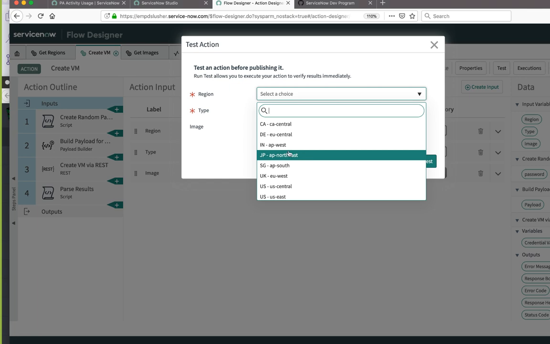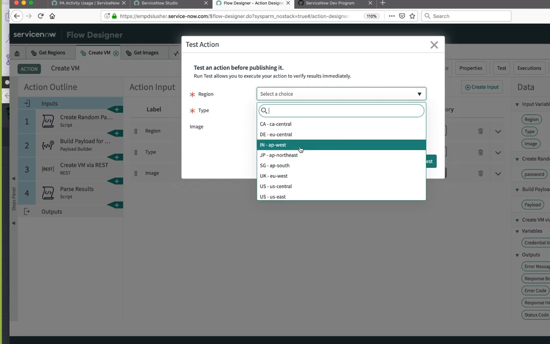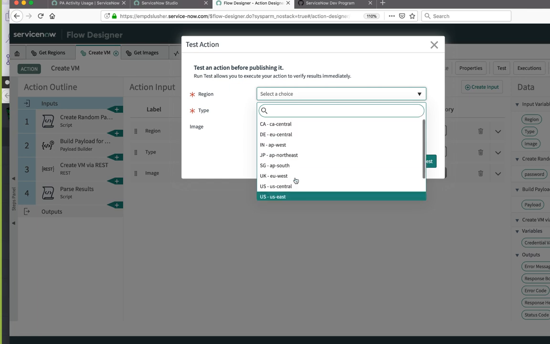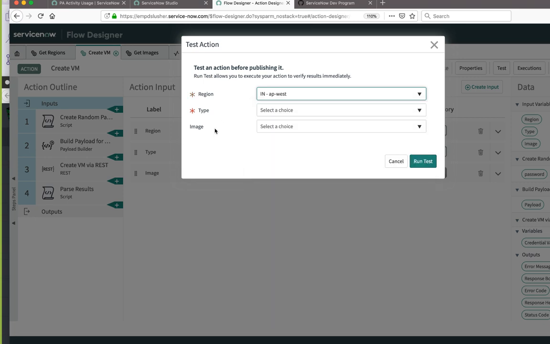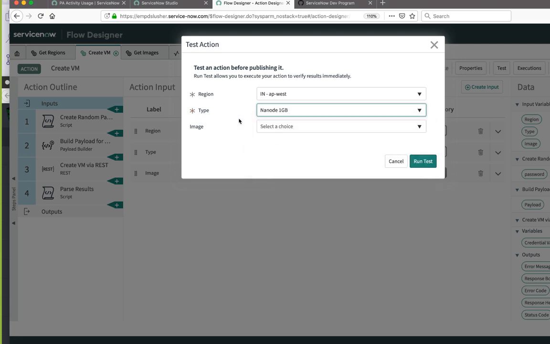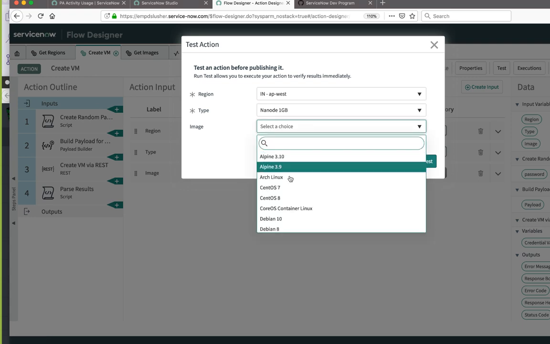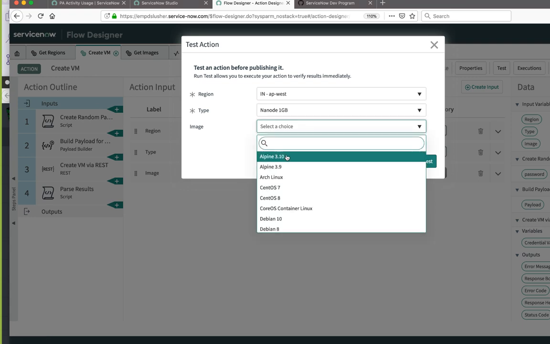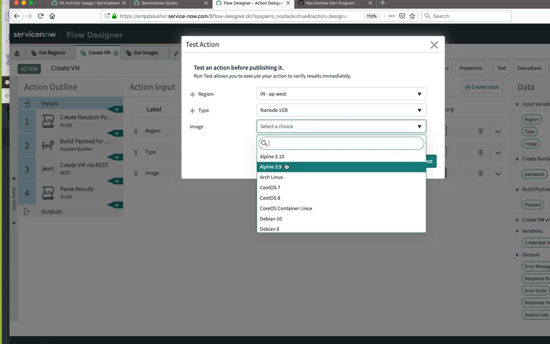So yeah, let's go ahead. What would be the most fun thing in here? Let's put one in. This is Mumbai, so we'll spin something up in Mumbai, and we have various types, all the way up to these ginormous things. That'll cost you some real money. We're going to do the very cheapest one because I'm spending actual cash on this. And then what I've added, and this is completely new since last week, is these are the various images, like boot images that you can have on that VM.